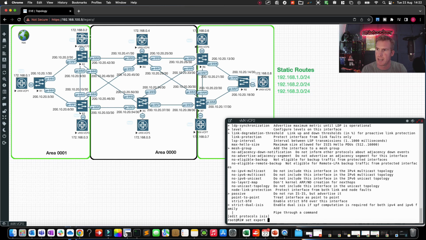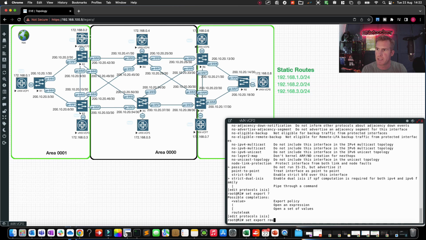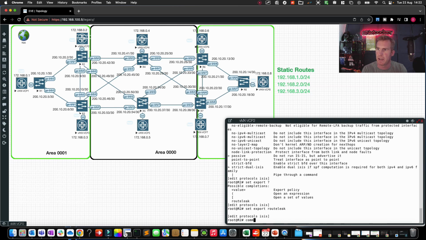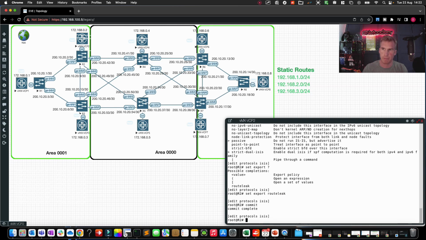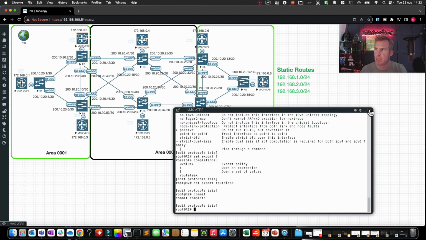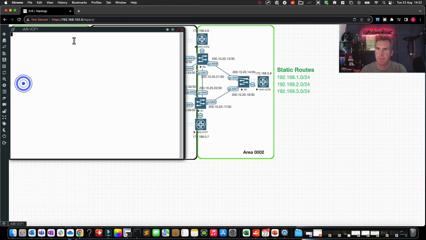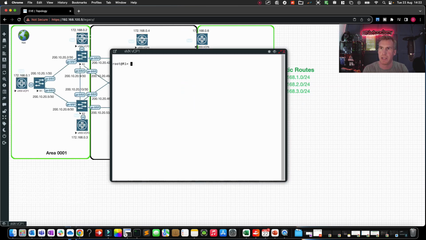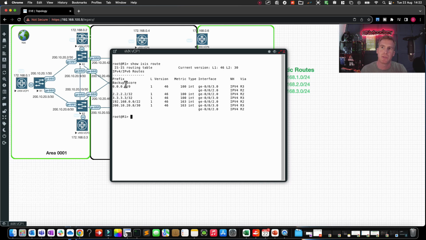So let's do set export, hit question mark, and there I've got my route leak. Hit enter, and I'm going to commit this configuration, and that's committed. Now the final test is if I go onto router R1 and do the show ISIS route, we can now see I'm getting the default route of